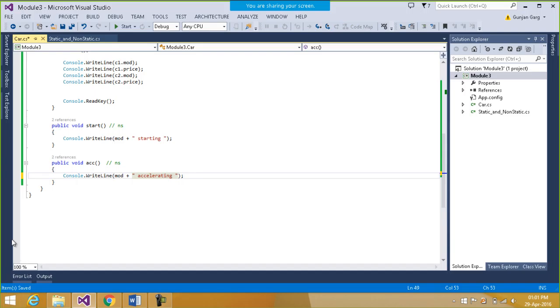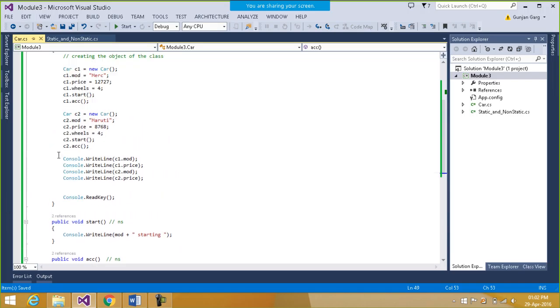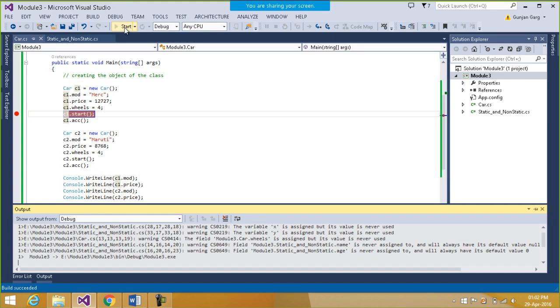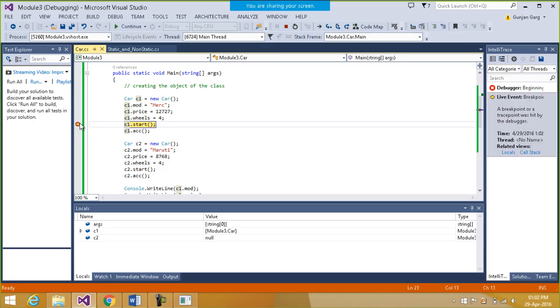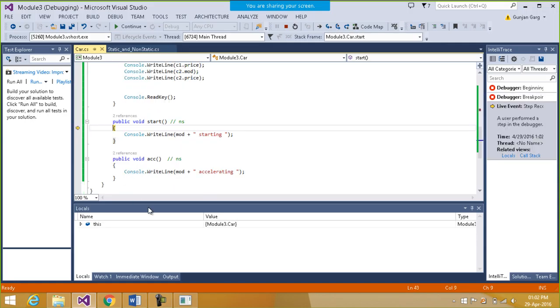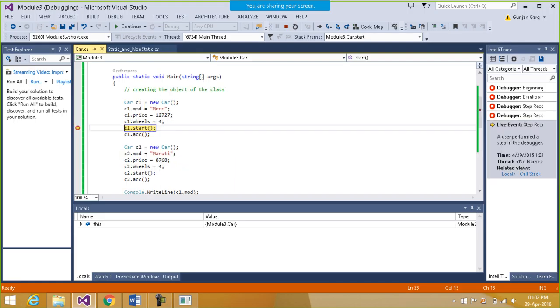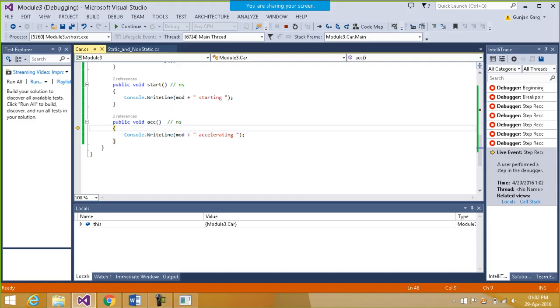Okay, and when I run this, let's just debug it for the time being. I'll put a breakpoint inside this start function and debug it. When I press the start button, you will see that the control stops here on this breakpoint. You hit the F11 key and here you see that it goes inside the start function. Now when you press F11,